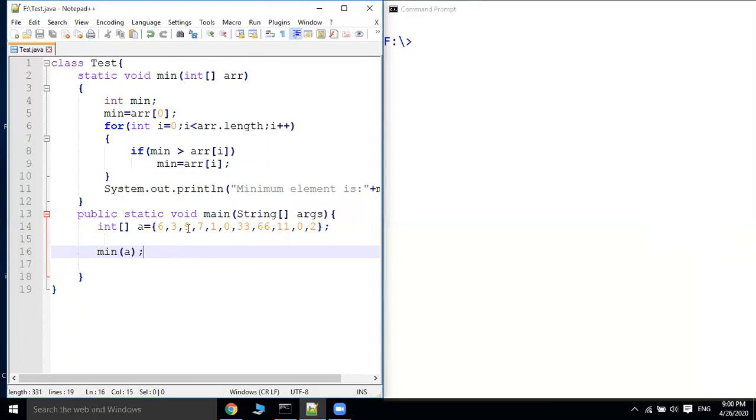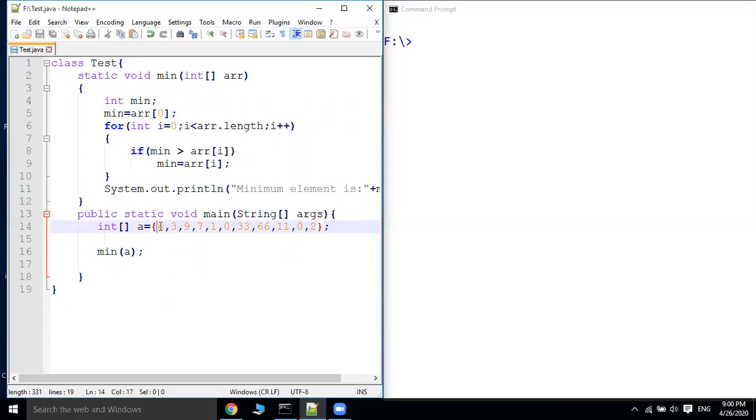Now the values 6, 3, 9, 7, all these values are copied into the array arr. Now the first element arr[0], that is 6, is copied into min. Now let us run this loop: integer i equals 0, i less than arr dot length, i plus plus, and if min is greater than arr[i], then min is replaced with arr[i].